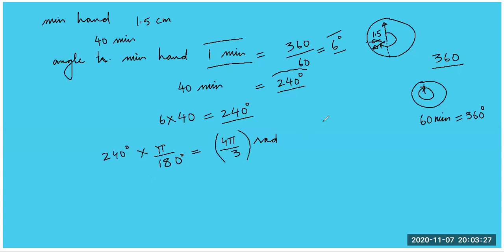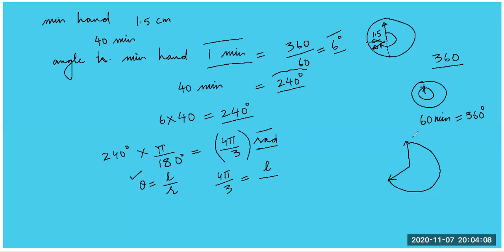Now, how can we find the distance moved by the minute hand? This is minute hand. So it moves from here till here. So he's telling how much is this distance? Yes, anyone? So what is the formula we will use? Theta is equal to L by R. Beautiful, Ishma. So we can say what is theta now? 4 pi by 3. I told you whenever you use theta in calculation, you have to use radian. 4 pi by 3 is equal to L,